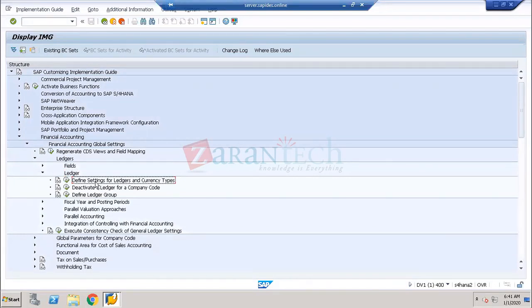Here we have a setting called Define Settings for Ledger and the Currency Types. We discussed the various currency types: 10, 20, 30, 40, 50, and we discussed what the 30 group currency is. 60 is going to be called the index-based global company currency. We discussed the various currency types over here. And when I come to the settings over here,